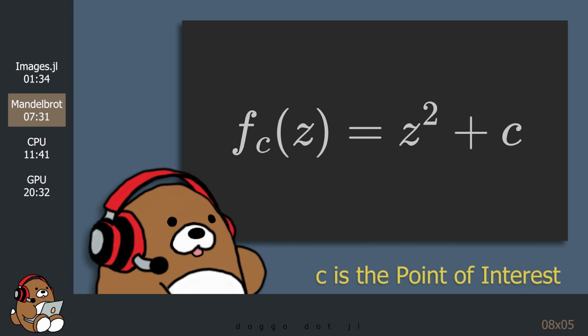In order to test whether or not a complex number c can be included in the Mandelbrot set, you need to iterate it through the function z equals z squared plus c, where z is also a complex number. The iteration starts with z, as in Zulu, set equal to c, as in Charlie. After passing z through the function, you'll get a new value for z. Then you repeat the process with the new value of z.